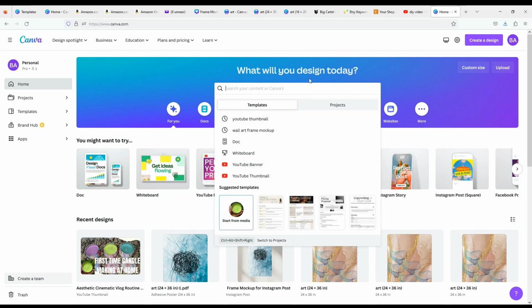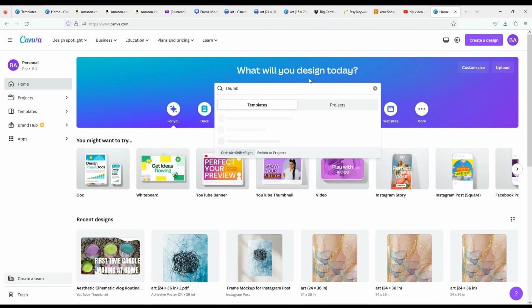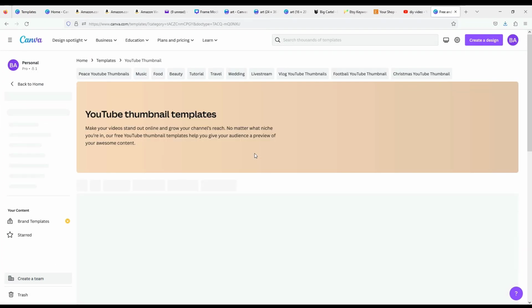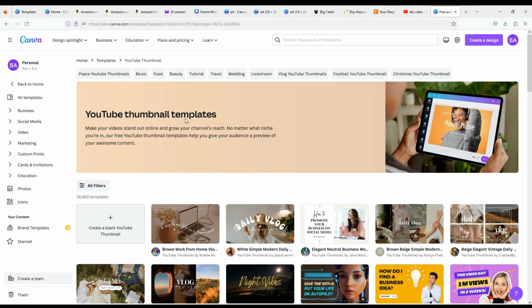So I'm just going to go on the search bar. I'm going to type thumbnail, and I'll have some suggestions at the bottom, and you have to click YouTube thumbnail. If that doesn't pop up, just click thumbnail, hit enter, and you're going to see this page where you have